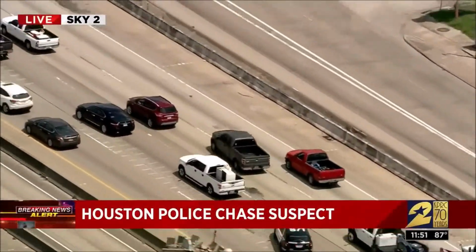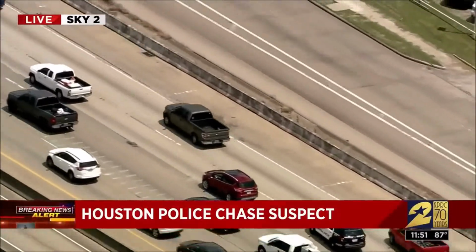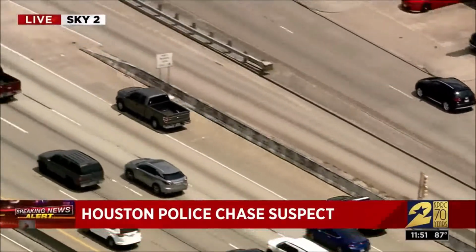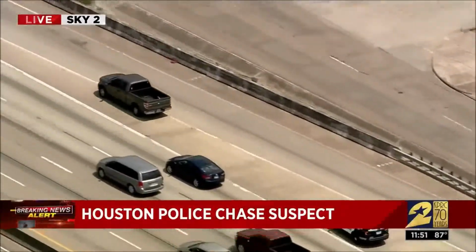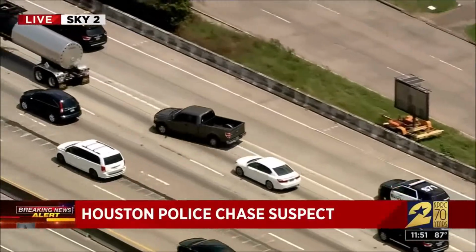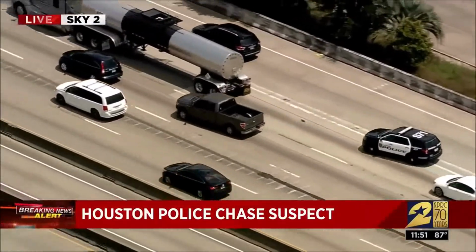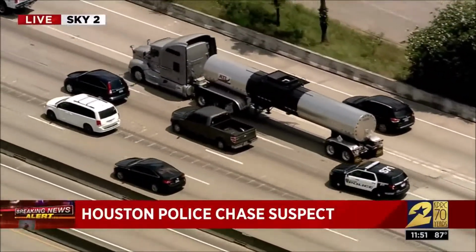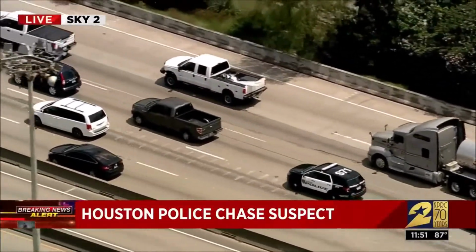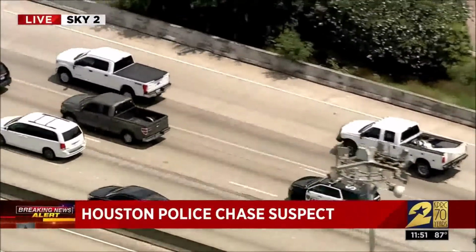Well, he's experiencing that right now, and now trying to weave his way and maneuver in and out of the traffic that has slowed down near the downtown Houston area, because, Christine, he's getting pretty close to the downtown area right now. Well, yeah, and as you can see, obviously traffic building. Whoever was driving, we don't know if it's a man or a woman, but the driver was kind of flying down the road for the past 30 minutes, and now for the first time is really hitting more congested traffic